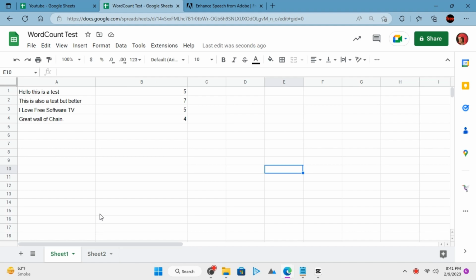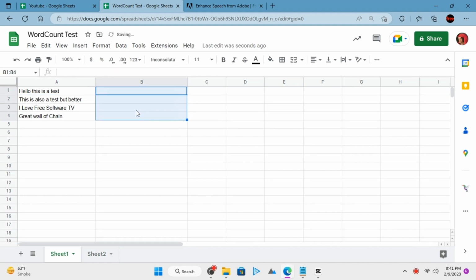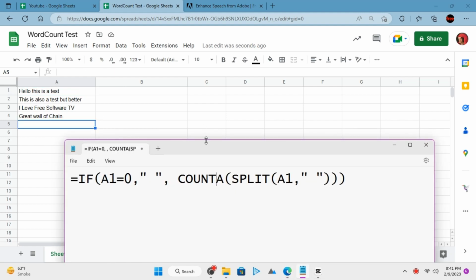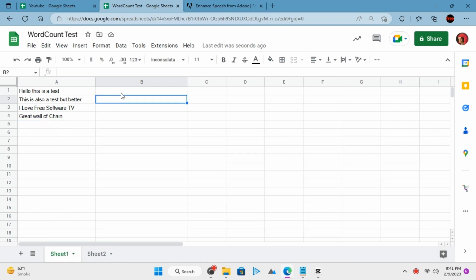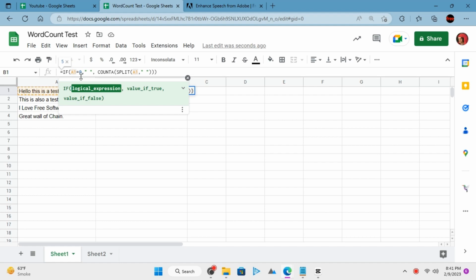So open a Google Sheet and add some text in some column. For simplicity, we will just use this column A. Just copy this formula from the description of this video and paste it. So let's start with the cell A1. So make sure that this variable is set to A1